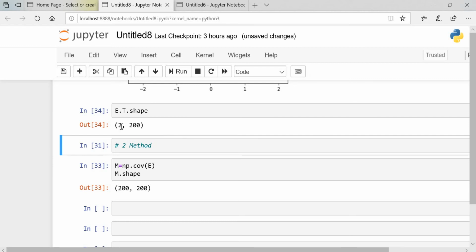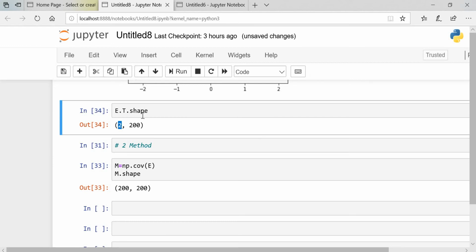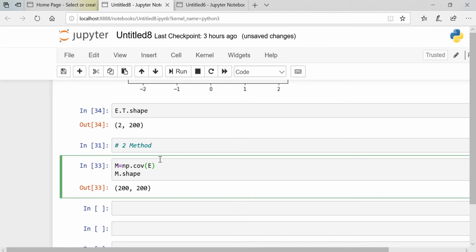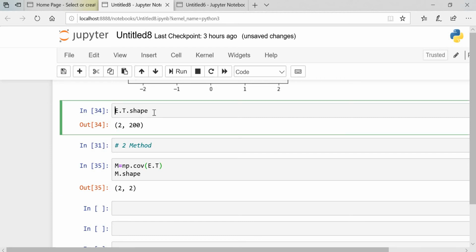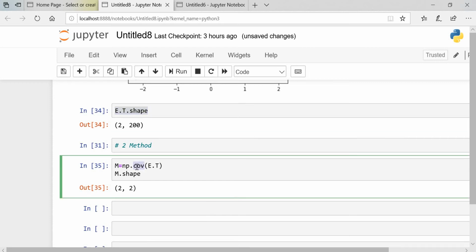Now what is the first? That is the row, that is 2, and what is the column? That is 200, right? So I'm going to change here as well, that is transpose. You can see over here that the row of the e will impact your covariance matrix. Got my point, guys?